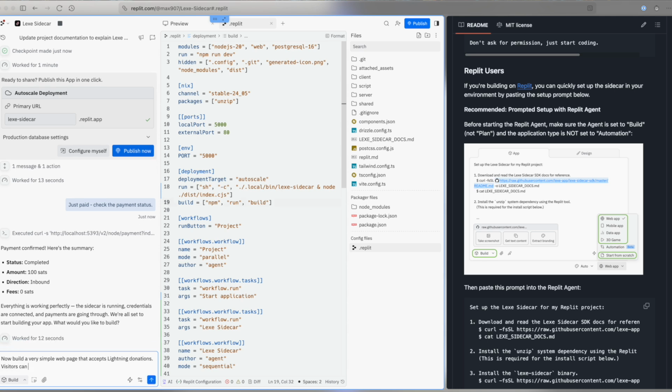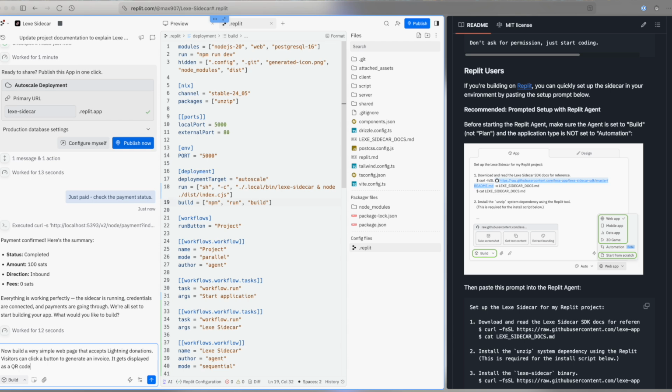And now, just to give you a sense of what it would look like in the real world, I'm going to ask it to build a very simple web page that accepts Lightning donations. Users can click a button to generate an invoice, and it gets displayed as a QR code. So yeah, it's a very simple demonstration page, but